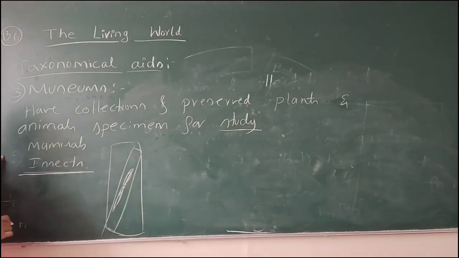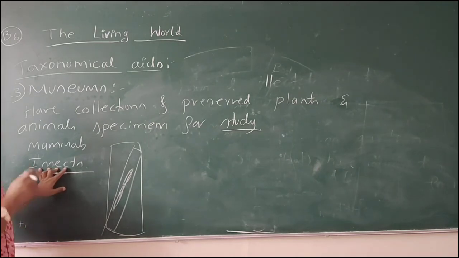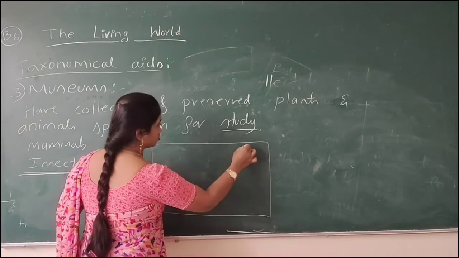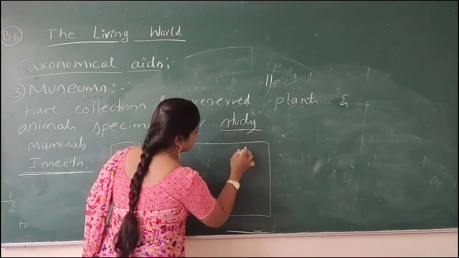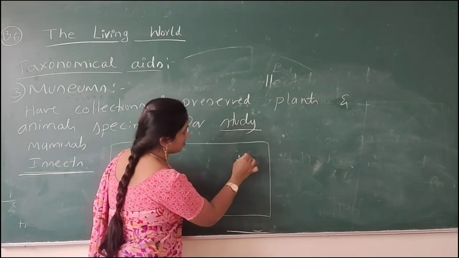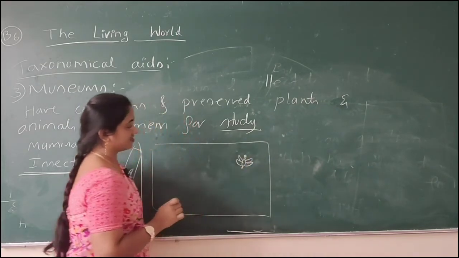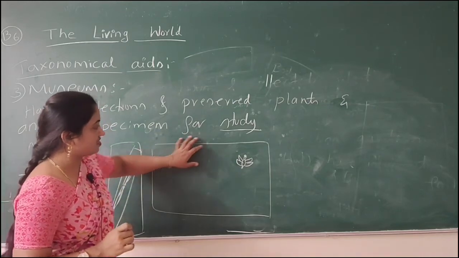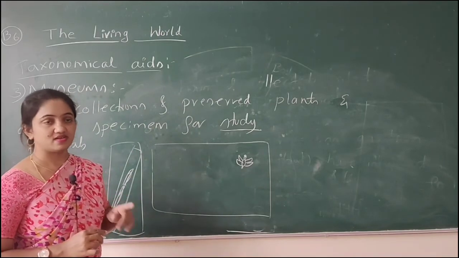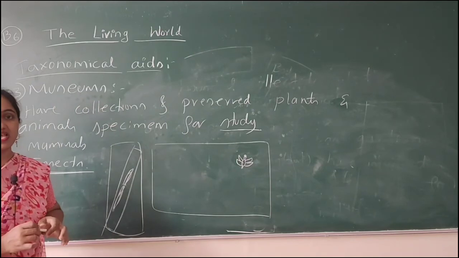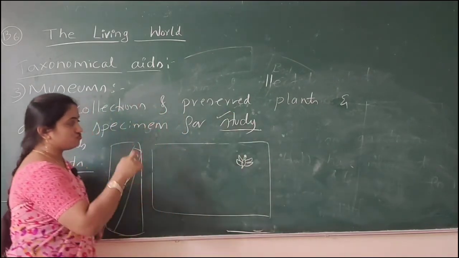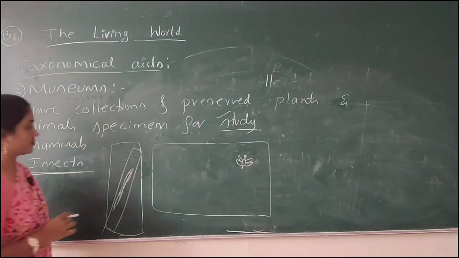With insects, they collect the rare species. First they dry that material, then they keep it under a tray and pin that insect. Just consider we have an insect, they pin it through a particular part and arrange a number of insects inside the tray. This is known as a collection of species of insects present in this type of taxonomical aid, so that we can visit the museum, observe the species and study the characters of the species. The next is